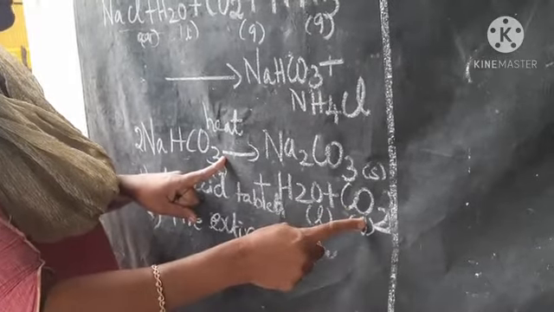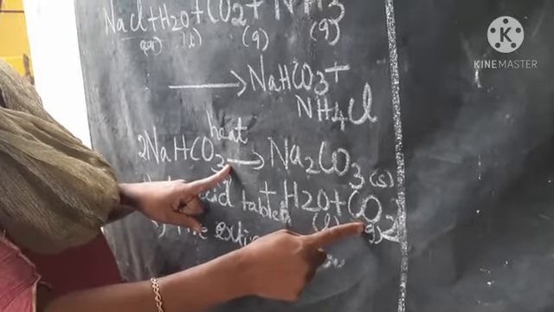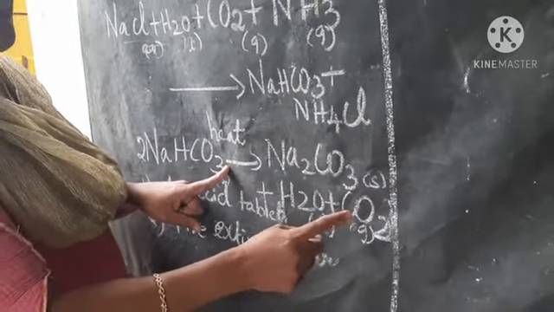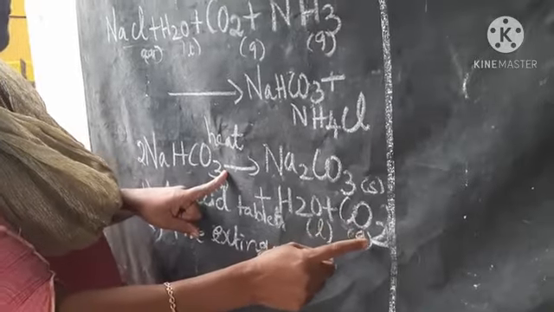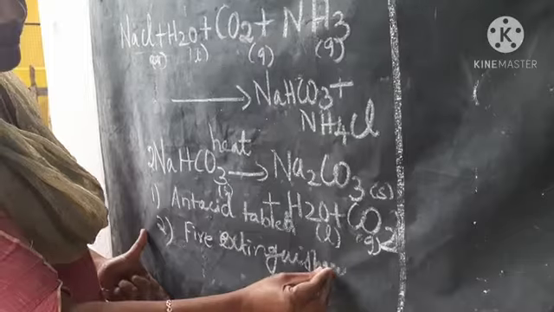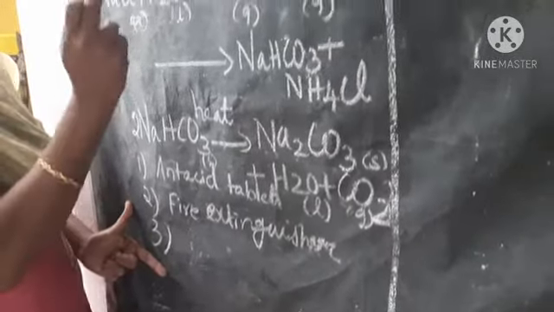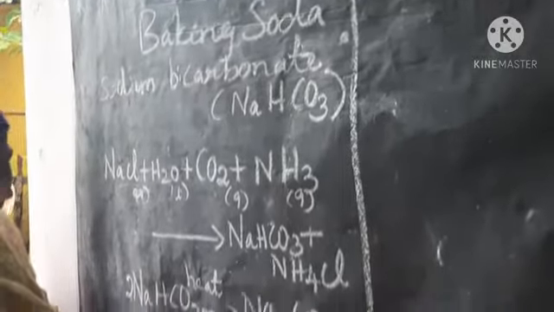Like hydrogen will make the pop sound, oxygen supports burning, nitrogen will not support burning. Like that, carbon dioxide will put off the fire. So that is why it is used in fire extinguishers. That is another use. The third use is baking soda with